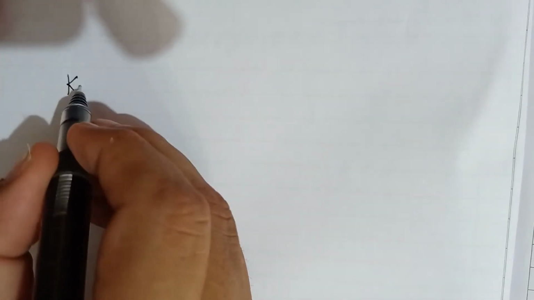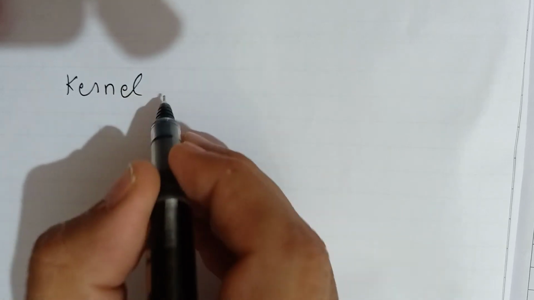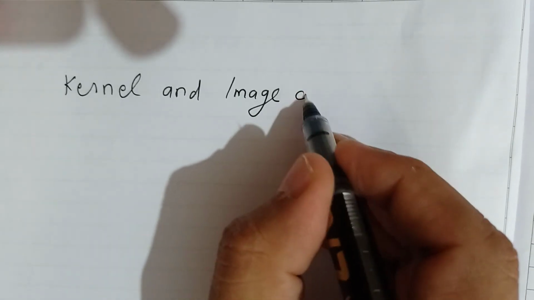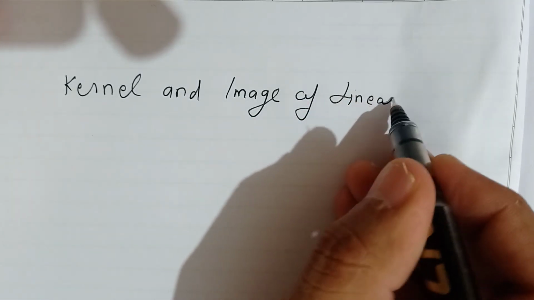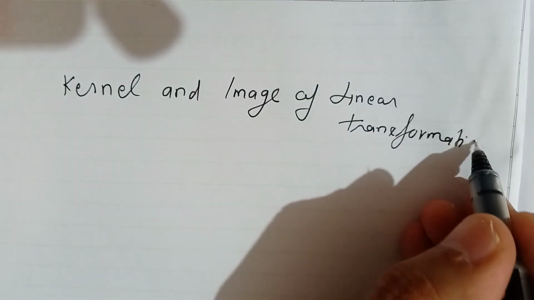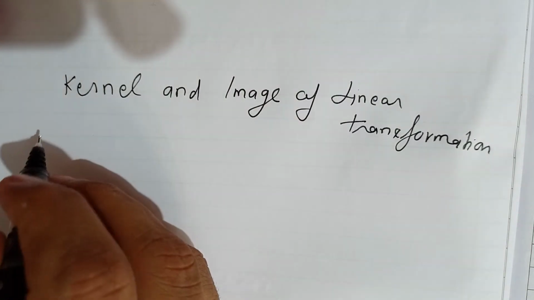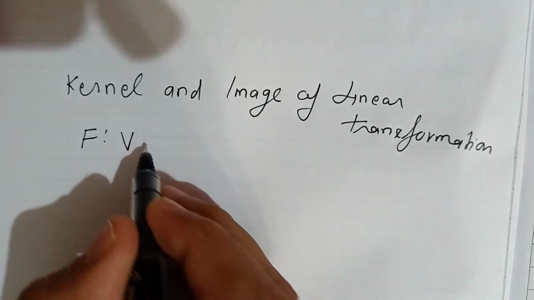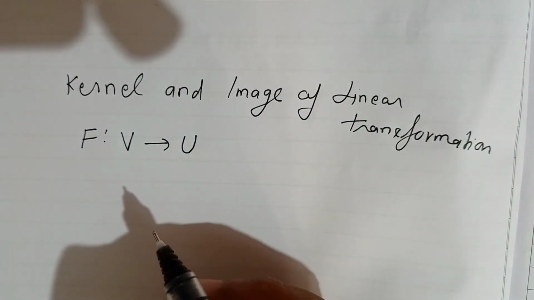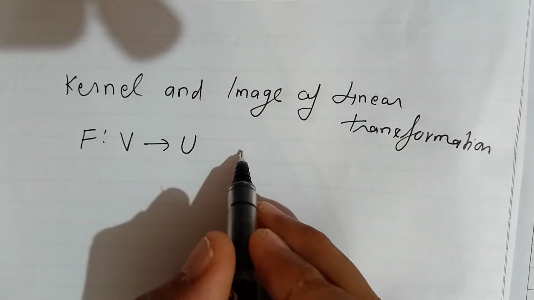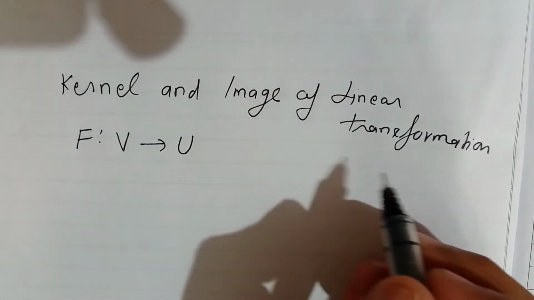Next we have the kernel and image of a linear transformation. Okay, so let f be a mapping from V to U, where U and V are vector spaces over the same field. So f from V to U is a linear mapping. So the kernel of f is denoted as